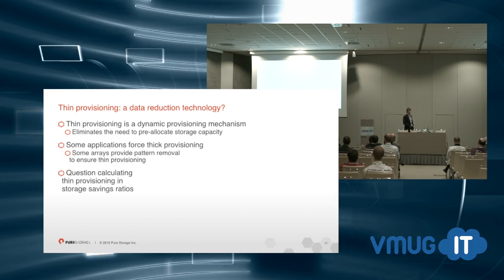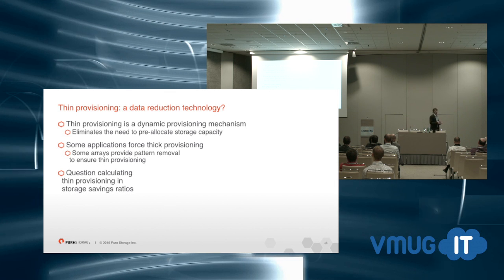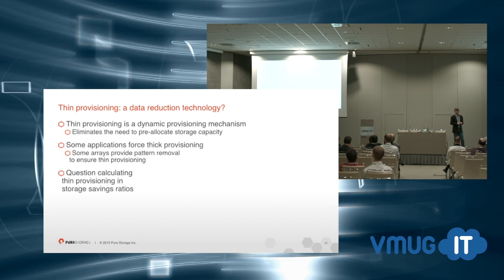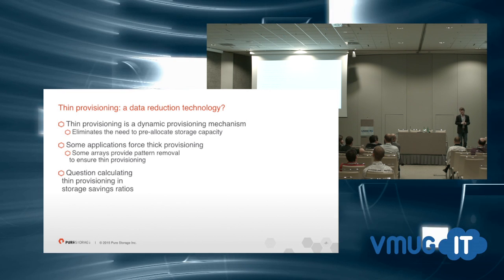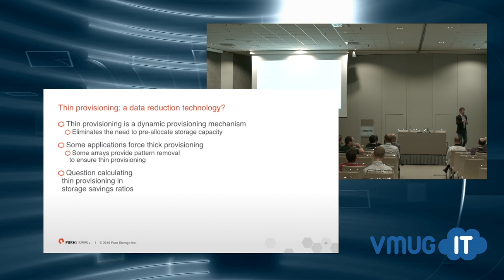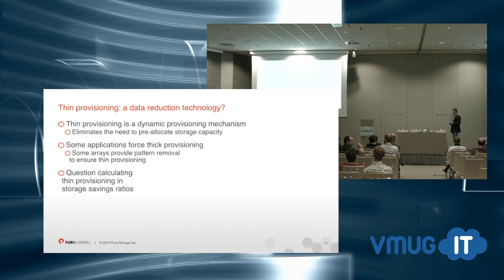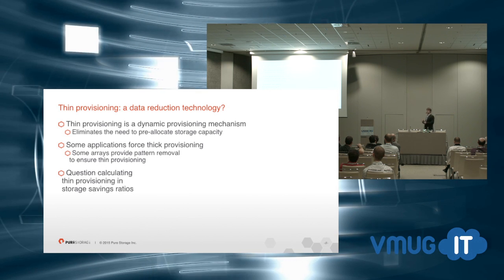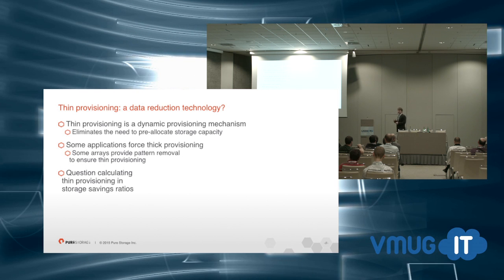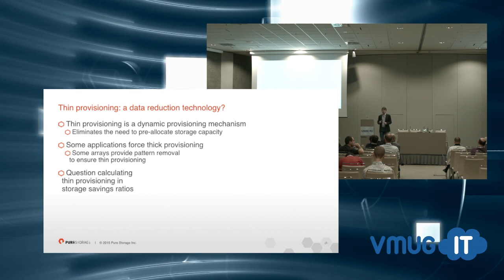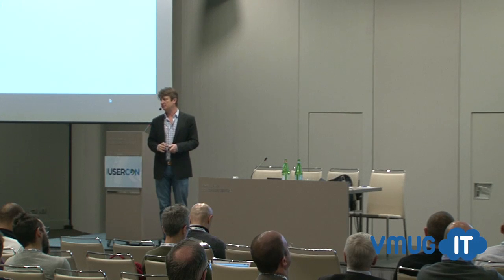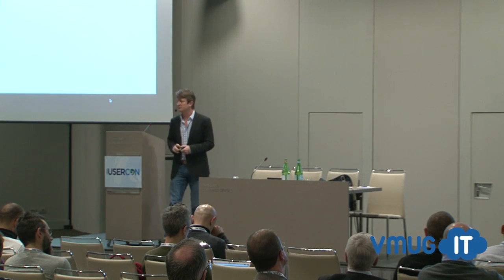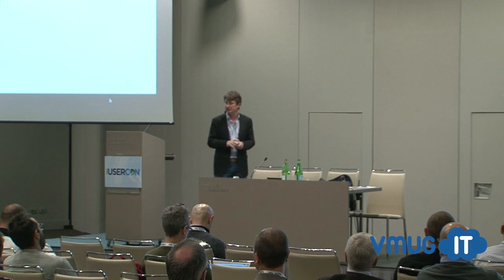I like to look at thin provisioning as a suite of technologies that does allow you to have dynamic provisioning capabilities and does allow you to not waste capacity for provisioning storage and hoping that it someday gets used. But it has a number of sub-technologies that help it actually deliver on that promise. Technologies like zero removal and pattern removal, which are technologies that volume managers and file systems put in place to try to override thin provisioning.